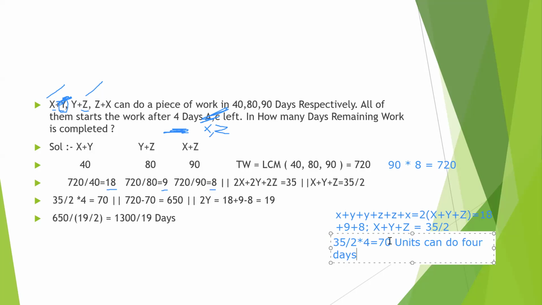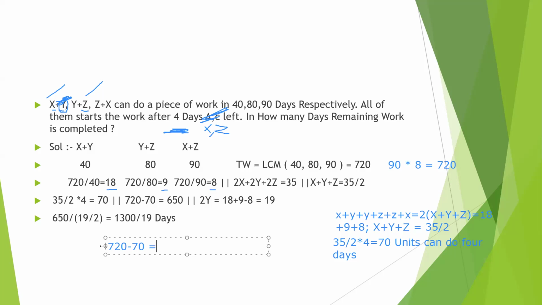and 2 persons are left, and the remaining work, the total work is 720. The remaining work is the total work 720 minus the 70 units of work the 3 persons did. That is equal to 720 minus 70, that equals 650. 650 units of work can be done